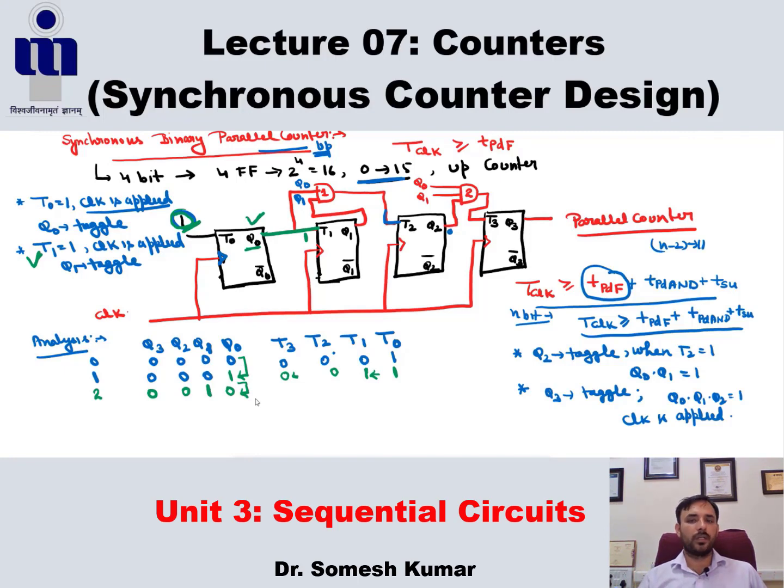So what about now our T3? T3 remains 0. And what about T2? Now T1 should be 1 and Q0 should be 1, but this Q0 is at 0, so T2 remains at 0. What about T1 now? T1 becomes 0 because Q0 now becomes 0, as it is directly connected to this T0. It becomes 0 and here T0 remains at the 1 position. So what about the next clock? In the next clock, what happens?